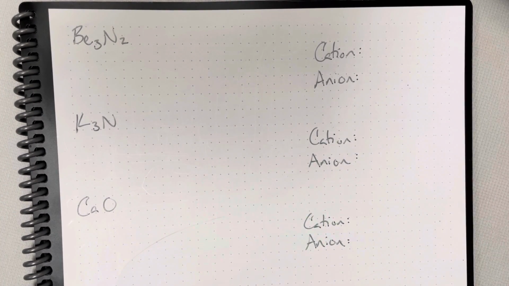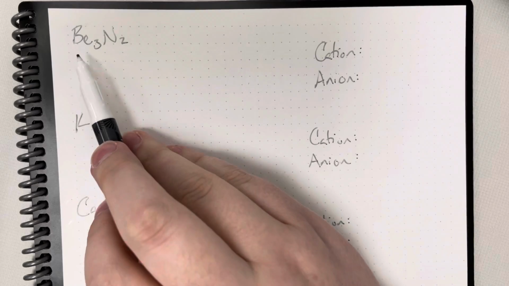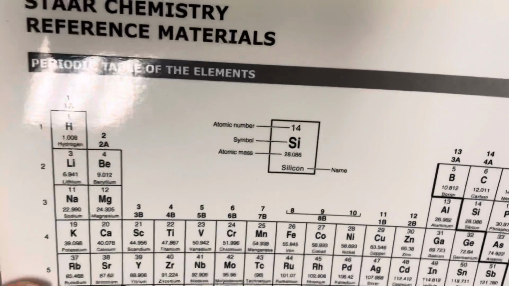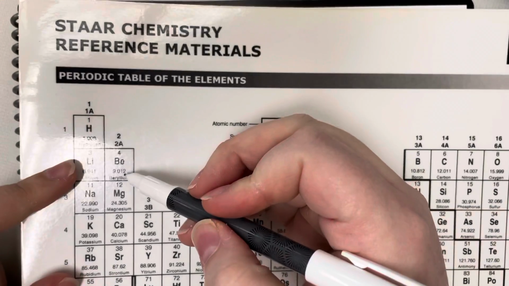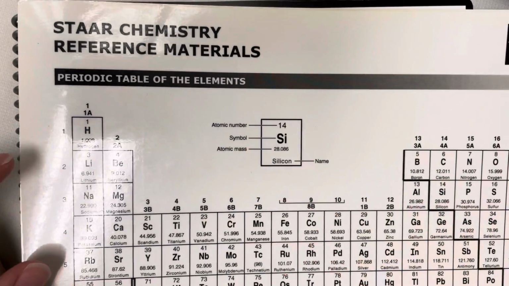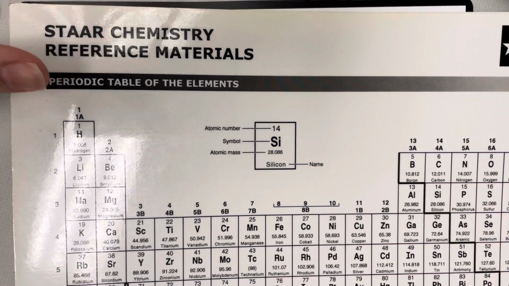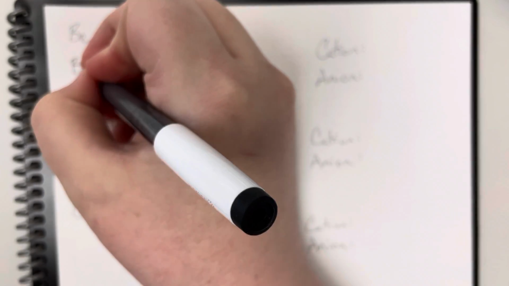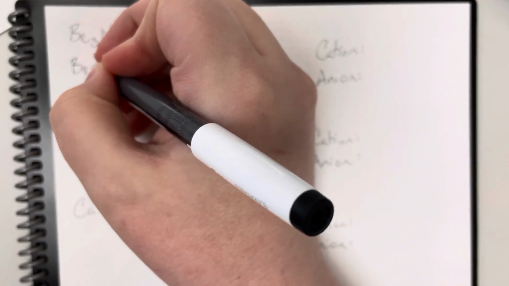Be3N2. I'm going to name this compound. The first thing that I need to do is find who Be is. Be is beryllium. It is in the first two columns, which makes that a representative metal, so I can go ahead and proceed. For representative metals, all I need to do for my cation